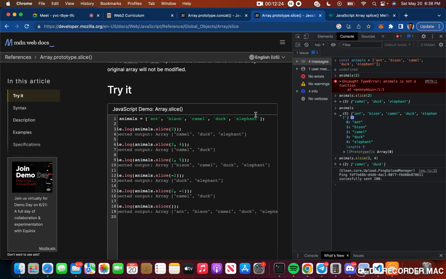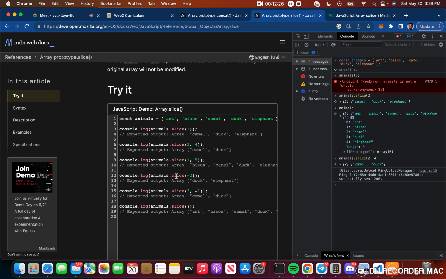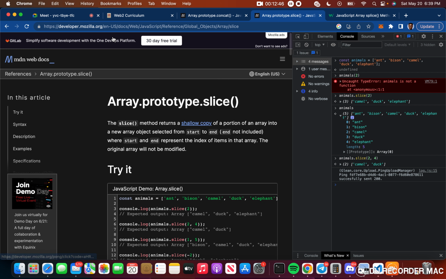Okay, minus 1. Trying to figure out and understand how the minus works. So if anybody feels not really clear, you can always call me back and we'll talk better. So we've seen how slice is very much different from